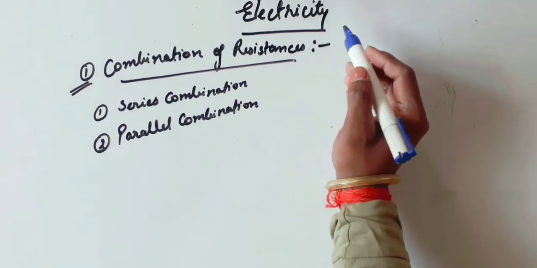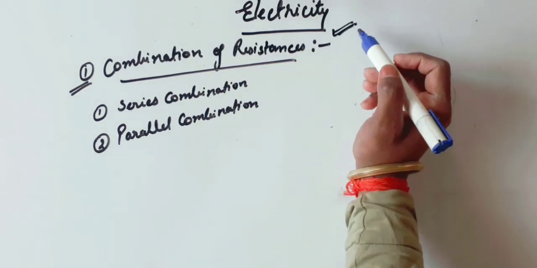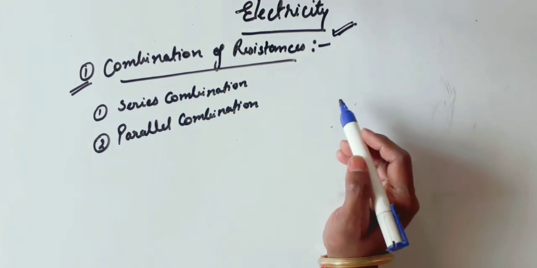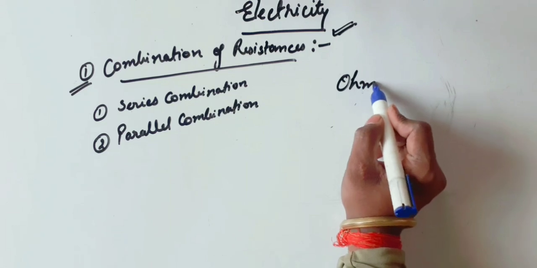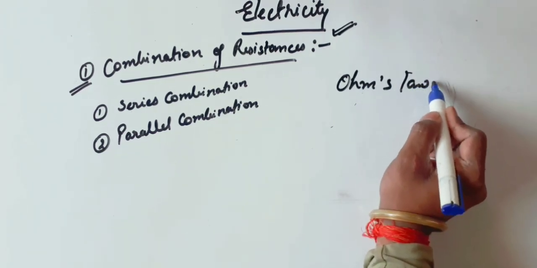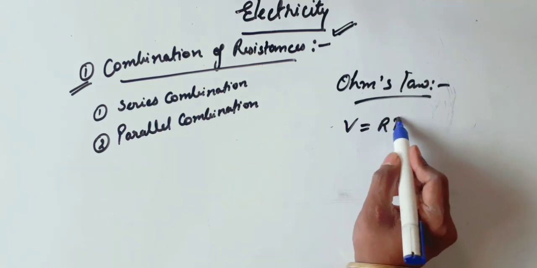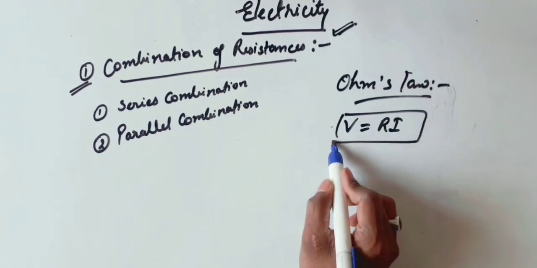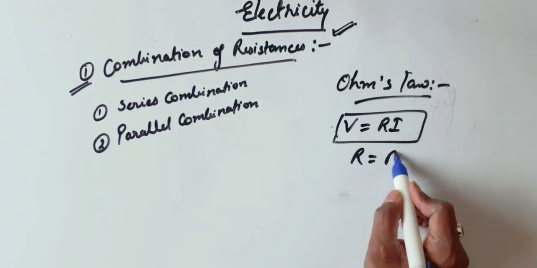So, in this video, I am going to discuss the remaining part of this chapter, electricity. In my previous video, I have discussed up to Ohm's law. So friends, according to Ohm's law, you have discussed V is equal to R into I, and in this formula, R is equal to resistance,